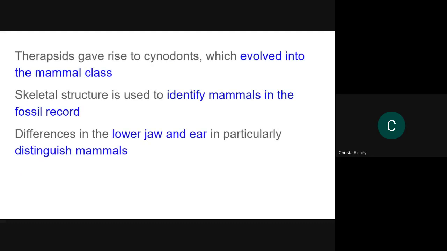All right, therapsids, these were basically half reptile, half mammalian. The Lystrosaurus was one of these. If you go back 250 million years, those are many millions of years of grandparents. The cynodonts were the evolutionary advancement of these organisms. They started getting smaller and smaller and smaller. They didn't want to be food for said dinosaurs.